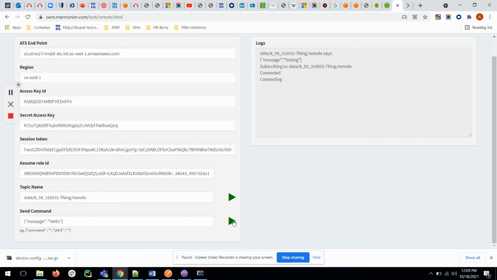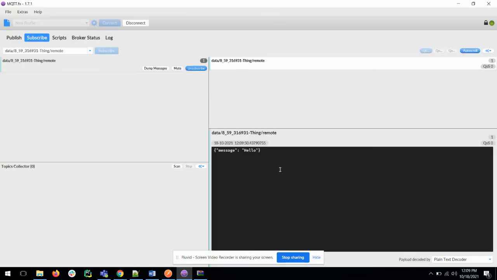You need to click on this button. Then go to MQTT FX and you can check the logs here. We can see the message that is published. So in this way we can